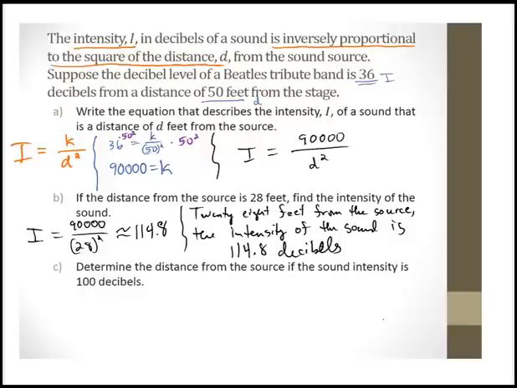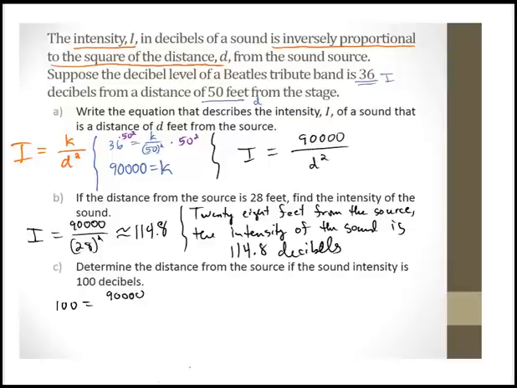Alright, so understand that we have to think about that differently. If we decrease our distance from the stage, from the sound, the intensity increases. If I increase the distance from the sound, the intensity decreases. Determine the distance from the source if the sound intensity is 100 decibels. Alright, so then that's an intensity level. So 100 equals